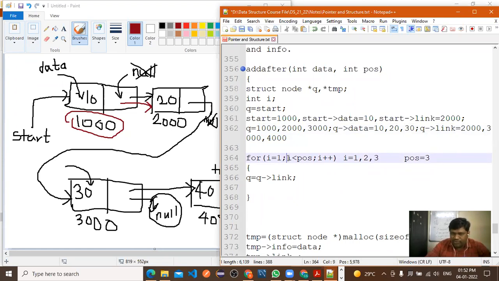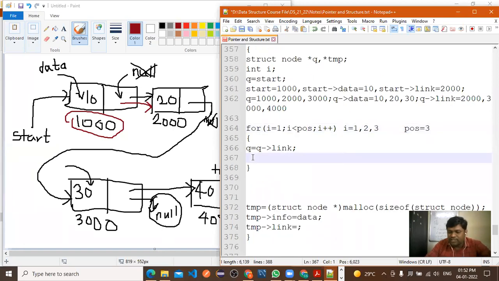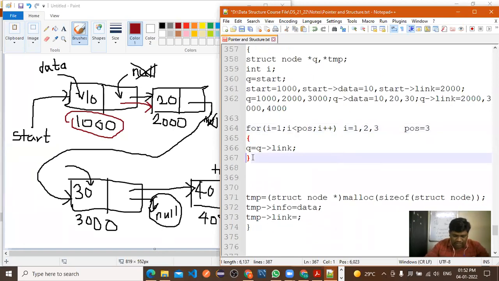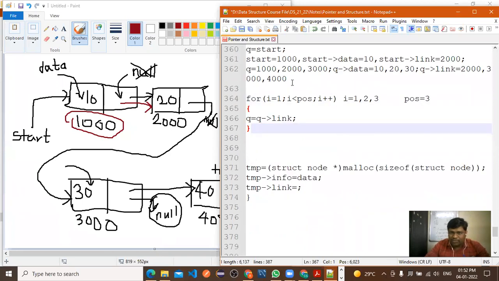Now come to the for loop. Now 3 less than POS 3. Is the condition true or false? False. Okay. Now what is the latest value of Q? 3000.